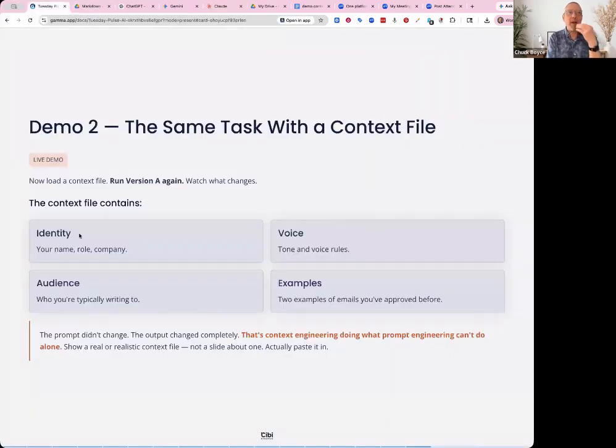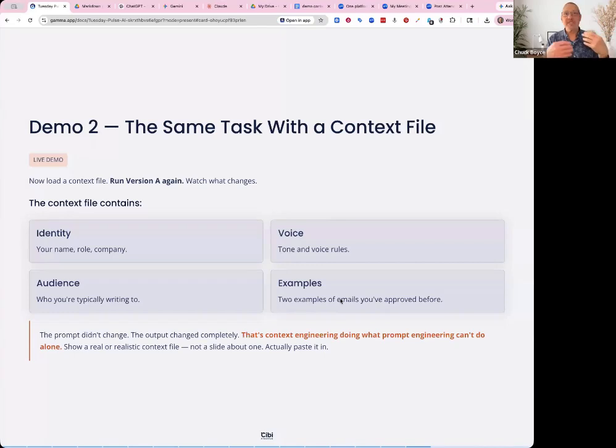Going back in, and so with a context file, you add your identity, you add your name, the role, your company. It has your voice, your tone, who you're writing to, examples. Everybody in your company can use these same context files and get more consistent results.